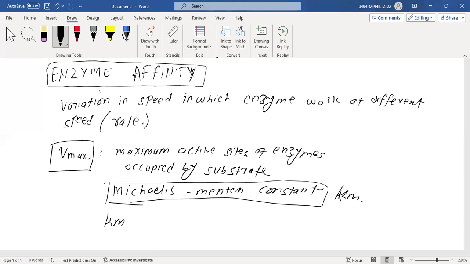Km is a Michaelis Menten constant. It is a constant. If the affinity of the enzyme is higher, the Km value will be lower, right? It has an inverse relation with enzyme affinity. In other words, the higher the affinity,